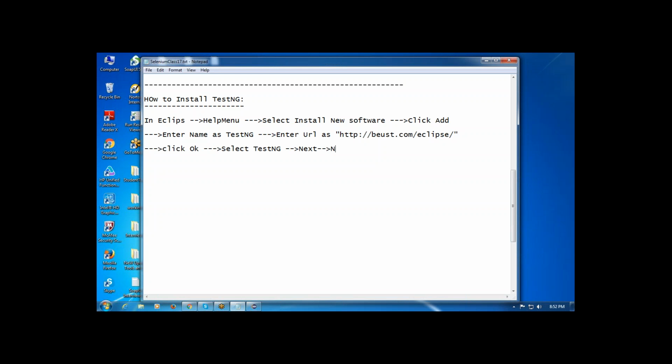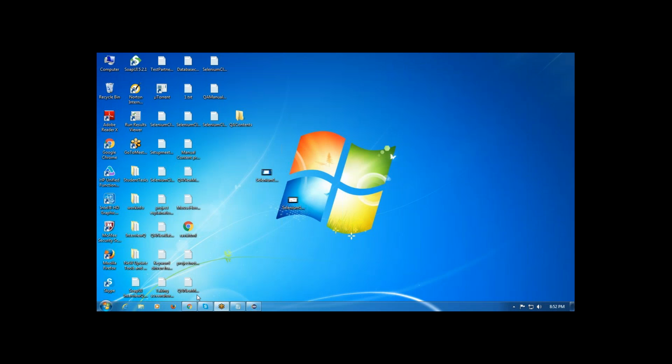Again click Next. Accept the license agreement. Finish. After installing,